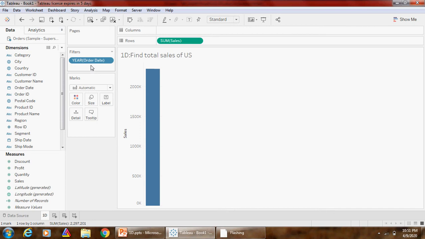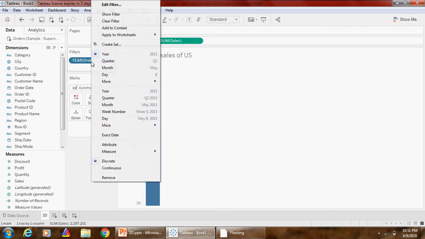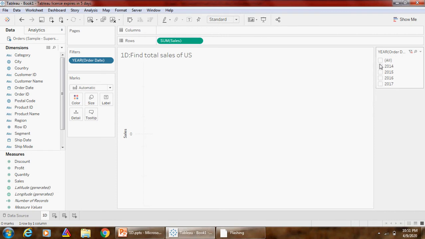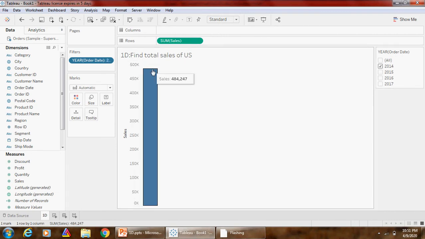Okay. Right click on this year of order date filter, click on show filter. So this filter is visible on the right side. Just select the year 2014. It will show me the sales amount for year 2014. If you select 2015, it will show you the sales amount for 2015.